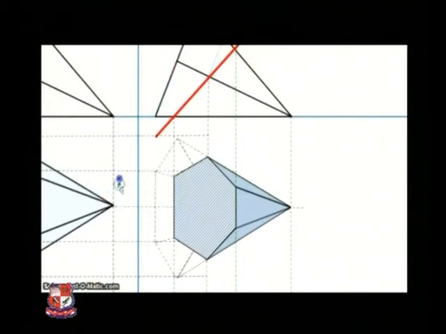Now let me think about these points. Right here, first point. Second point. Third point here. Fourth point here. Fifth point, and sixth point. That's how you get these points. Now join all these points with straight lines, and draw the remaining sides the same way. So that's how you draw the section lines inside this hexagon, because this is a cut section of the solid.